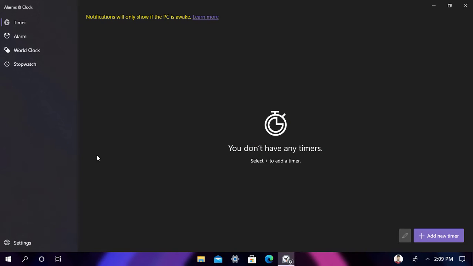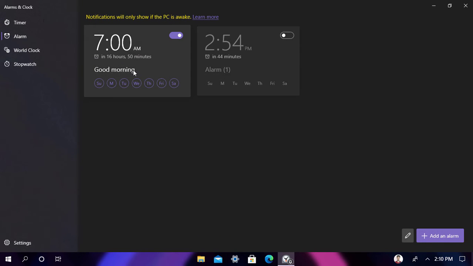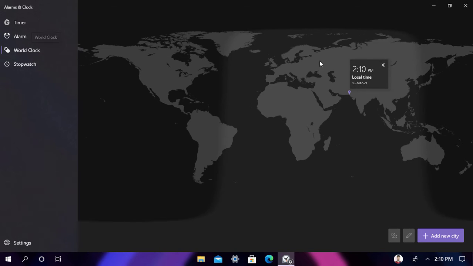The free one that comes pre-installed on all Windows 10 devices updated this week with one of its biggest updates in a while. This update, which brings the app up to version 10.2101.28.0, refines the overall design, allowing for a much larger font, adding a full screen option for timer and stopwatch functions. The world clock also gains some improvements with the addition of weather icons and the current date for each city